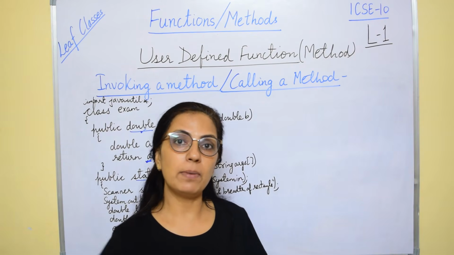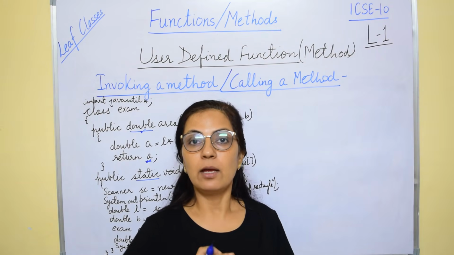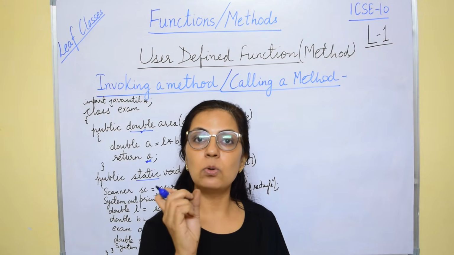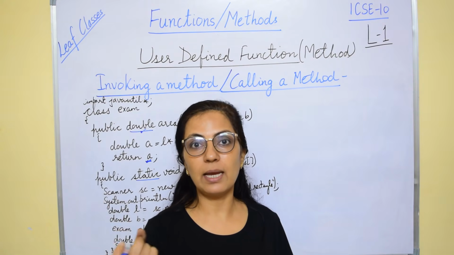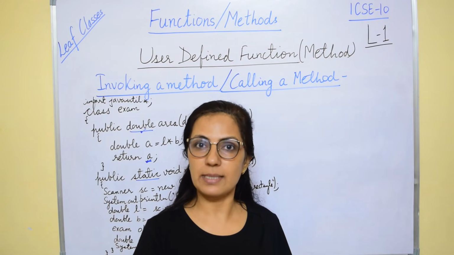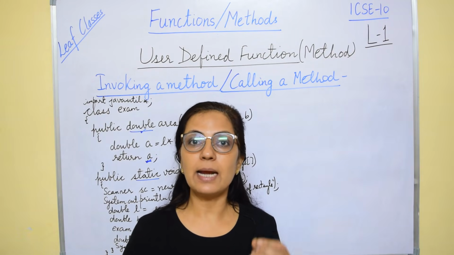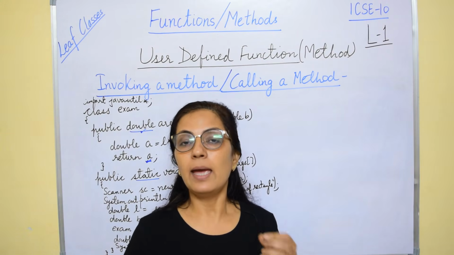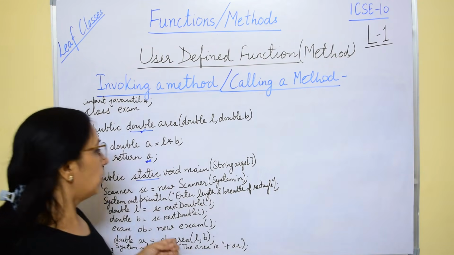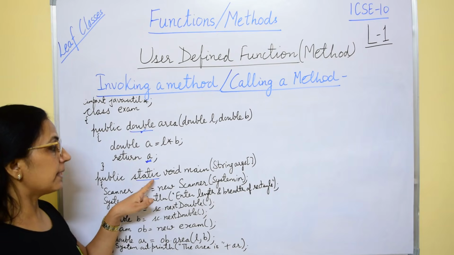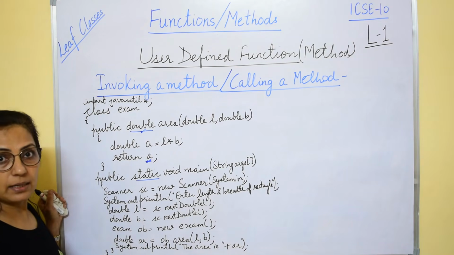Now if you remember, when you execute the main method, you right click and select the option where main is written, and you don't create any object, it is executed directly, right? So that is the function of static. Static means the function can be executed without creation of its object. So this main method is static, but here I have not used static, right?